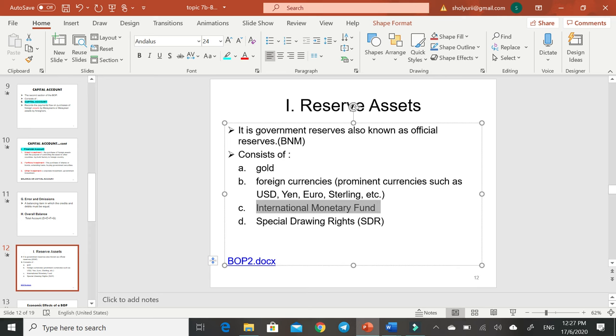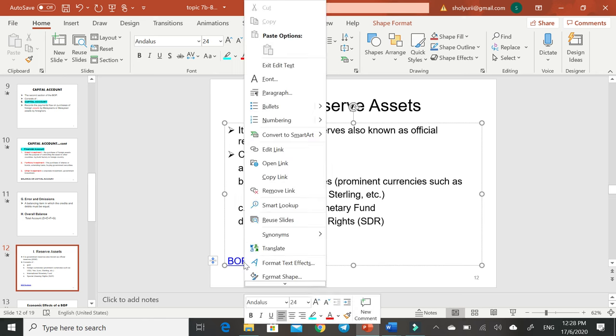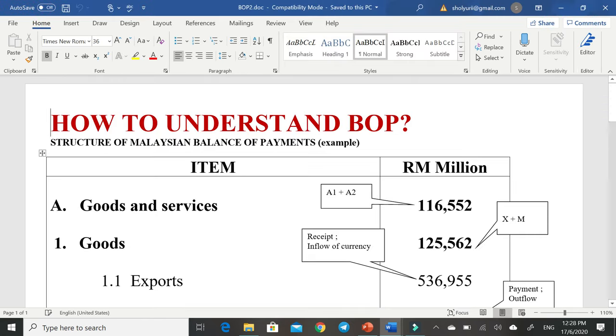Okay, so you don't need to know in detail what it means by special drawing right. You only need to know what the items in the reserve asset are. There is gold, foreign currency, IMF and also special drawing right. Okay, so I have another one of BOP I would like to show. This one came together with the